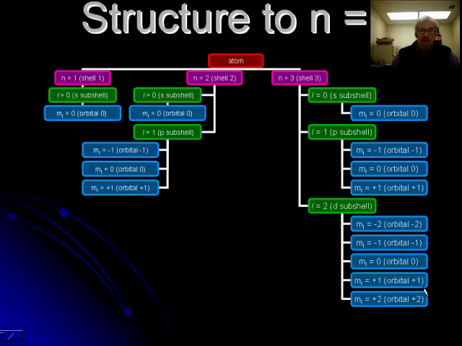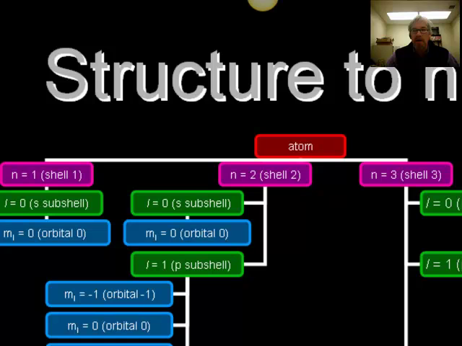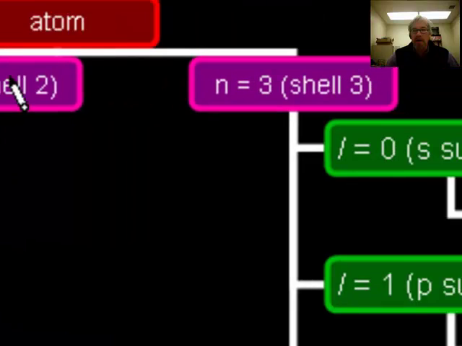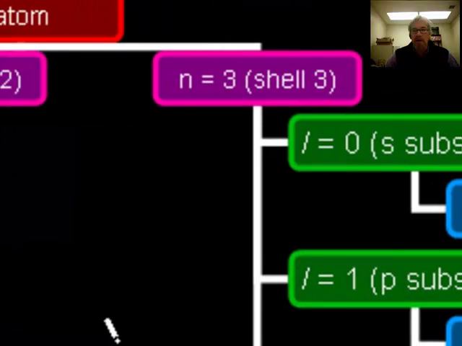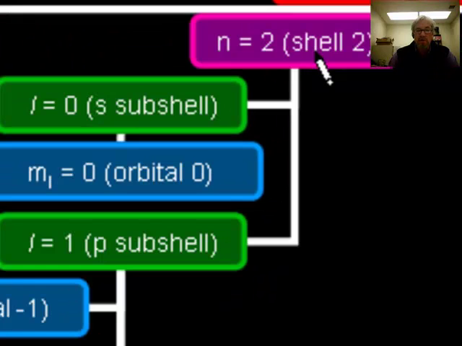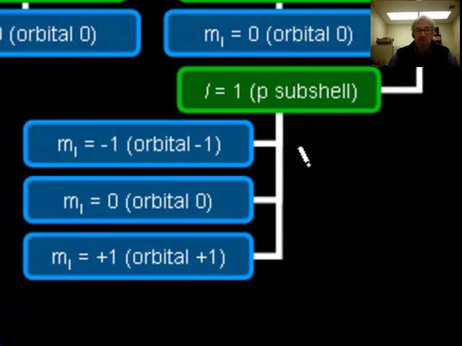So if you look at the structure of an actual atom up to n equals 3, this is how that chart actually looks. The atom contains 3 shells. The n equals 1 shell, shell 1. The n is 2 shell, and the n equals 3 shell, which is shell 3. The first shell has one subshell, that's the L equals 0 subshell, or the S subshell, and that has one orbital in it. When n is 2, you have 2 subshells. One of them is the L equals 0, or the S subshell, which has one orbital. But the second one is the L equals 1 subshell, which is a P subshell and has 3 orbitals in it. Each one has its own separate orbital designator,